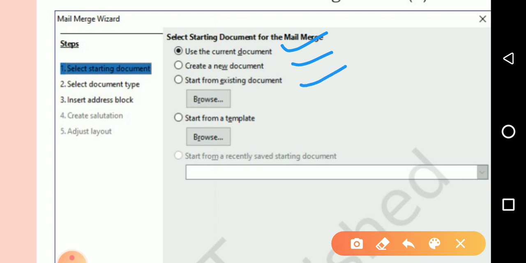Okay, now you would have created a new document in Writer. After creating a document, you are supposed to use Tools and Mail Merge Wizard. From there you will select starting document, and from here you will choose your option called use the current document because you have created the document now. The current document which you have created, you are going to use it for the mail merge feature. So you click the use the current document option. If you wanted to select any other existing document, you can choose from existing document, or from a template also you can choose.